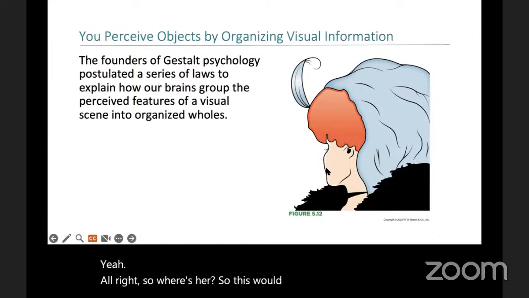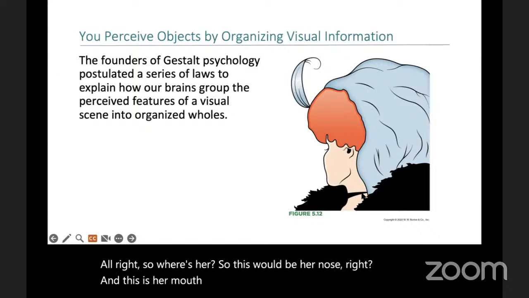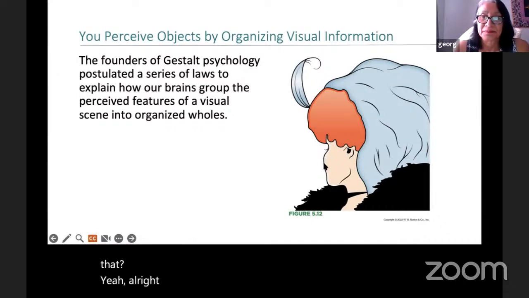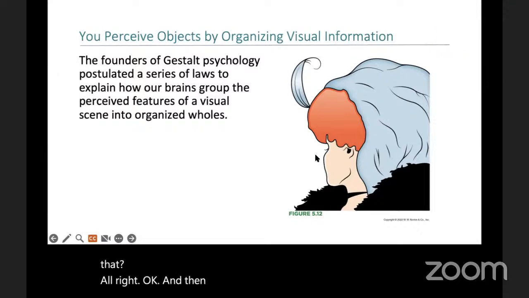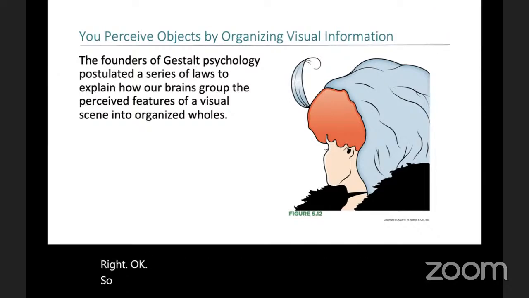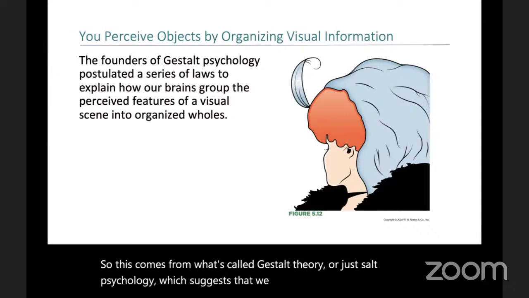So this would be her nose, right? And this is her mouth right here. And then the old lady's eyes are right here. Does everyone see that? Yeah. Right. Yes. And then the young lady is then looking away, right? Okay. So this comes from what's called Gestalt theory or Gestalt psychology, which suggests that we don't see things